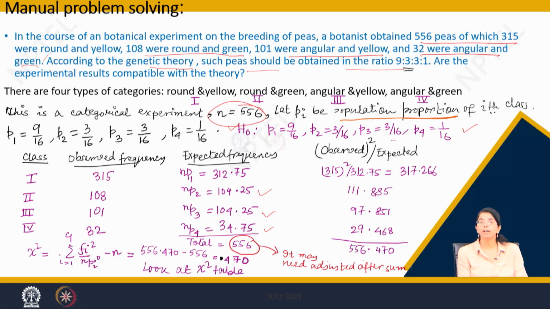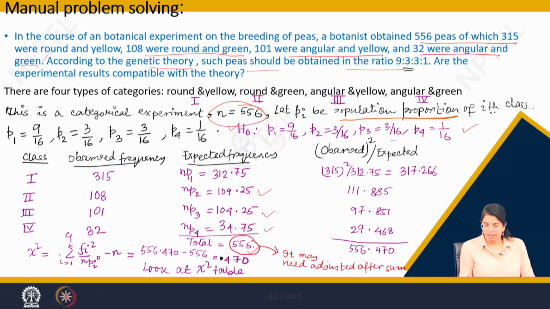Remember, your total of expected frequency should be 556. This is just a conventional point of having the total frequency as it is in the context of observed frequency. So the total frequency under the observed frequency category will match the total frequency of the expected frequency. So you will have to make some minor adjustment to get this round figure 556, but that is not very